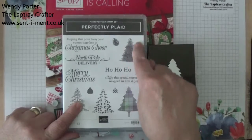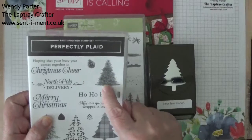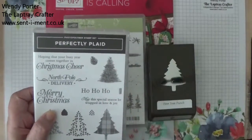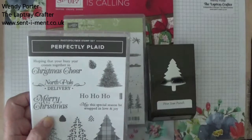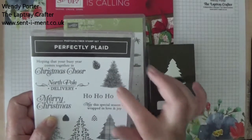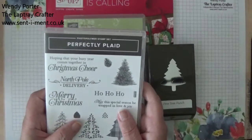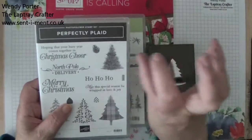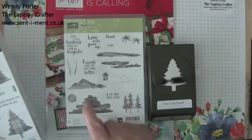This one is what we call a distinctive type stamp because it has a depth to it. Can you see there are lighter areas and darker areas? I'll be interested to see. I've not used it yet, so let's see how it comes out. I'm going to create a sort of scene, and to do the background to my set,